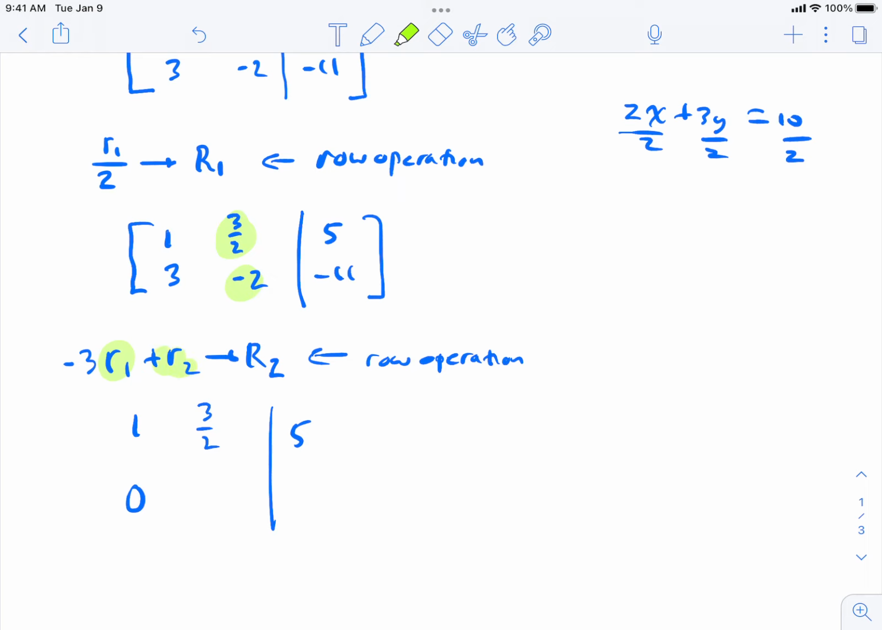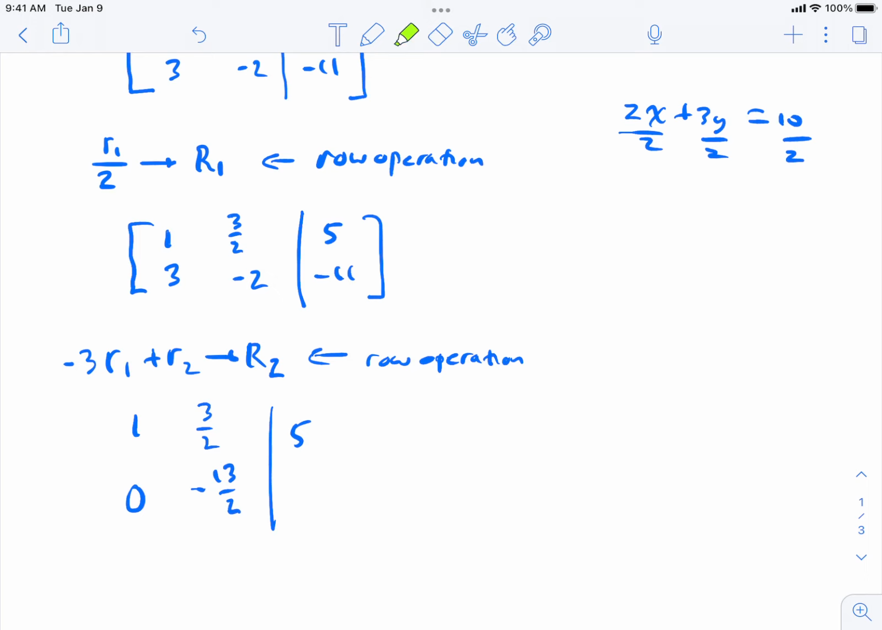So that's going to be a -3 times 3 halves is a -9 halves. That's going to be a -9 halves. And then you're going to add the -2 to it, which is like a 4 halves. You're going to get a -13 halves. Cool. And then you got to do the same thing